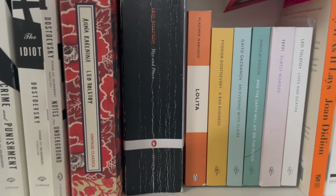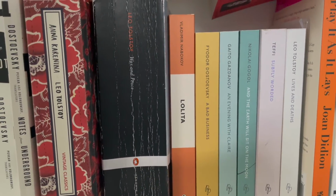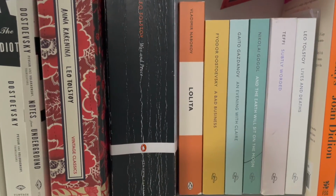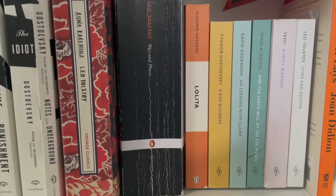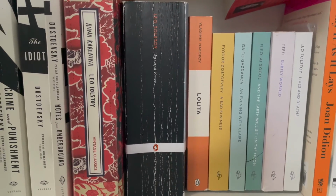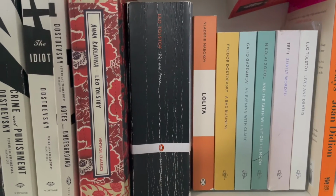Lolita. Is it weird to say I enjoyed this book? Like, it's gross, don't get me wrong, but this book is genius. This is another one I need to review. I have a review on it, but I want to review it and then follow that